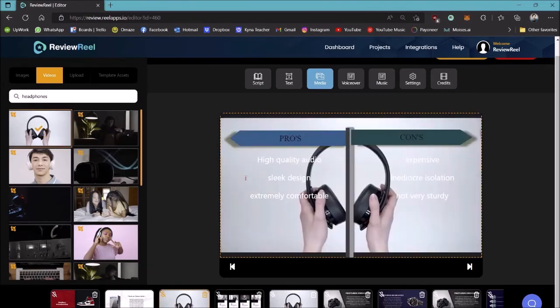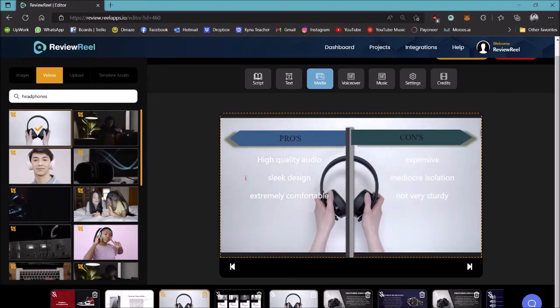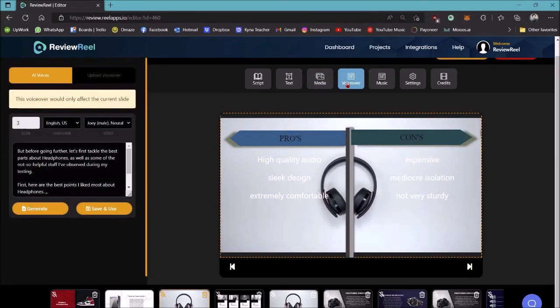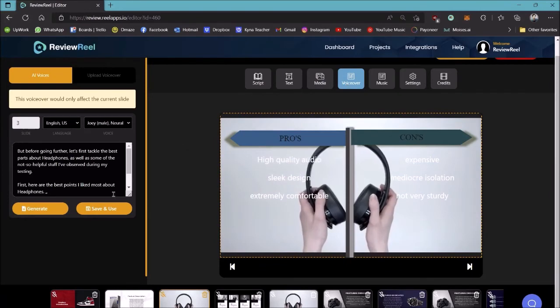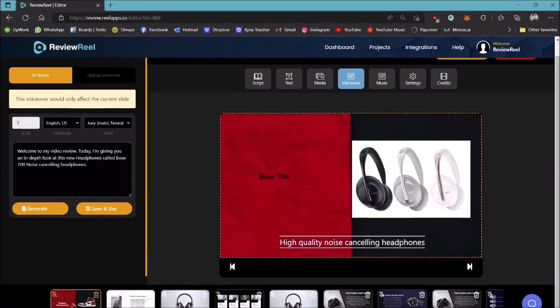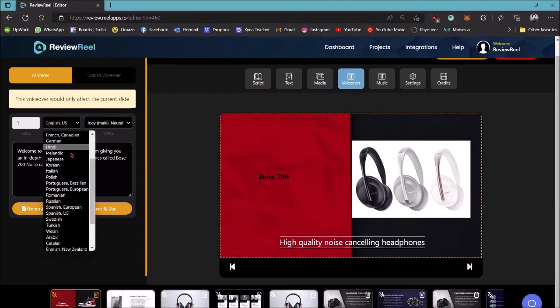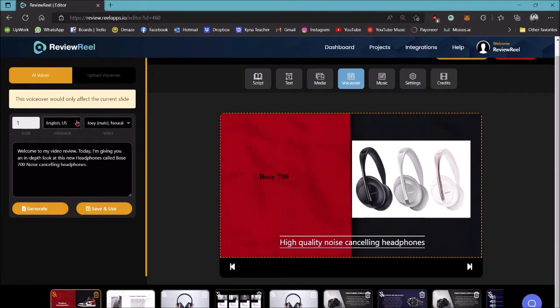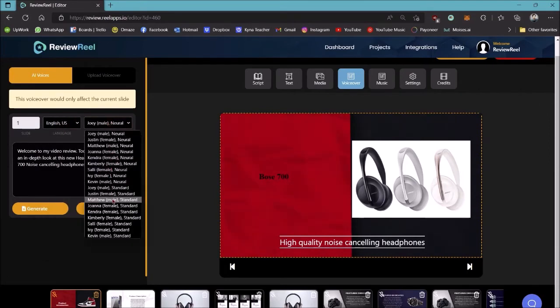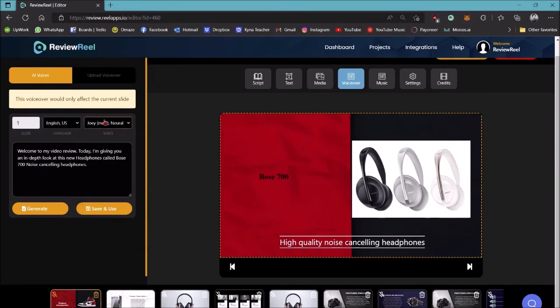Now, you can also go ahead and add voiceover to your video with just the click of a button. Check this out. Go over to the voiceover tab over here, and it will convert the script for this specific slide into a human-sounding voiceover using a powerful AI. Now, there's a bunch of different accents to choose from. And within each accent, you have different voices. You've got male and female voices as well,